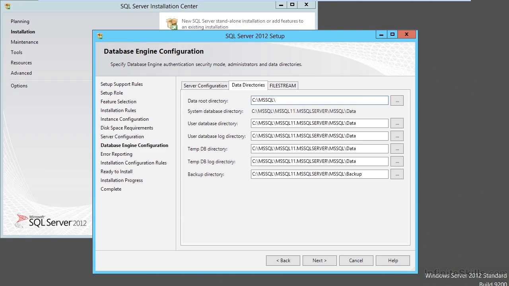Putting your folders in a folder called MSSQL is a tried and true technique to putting the database files in an easy to find location without creating lots and lots of folders across the root of the hard drive for all your system files and all your user databases. You'll notice here that when I set the data root directory, all the other folders changed automatically for me. The system database directory changed to